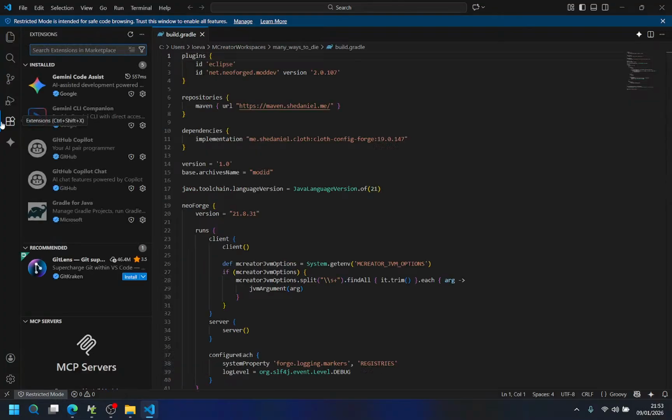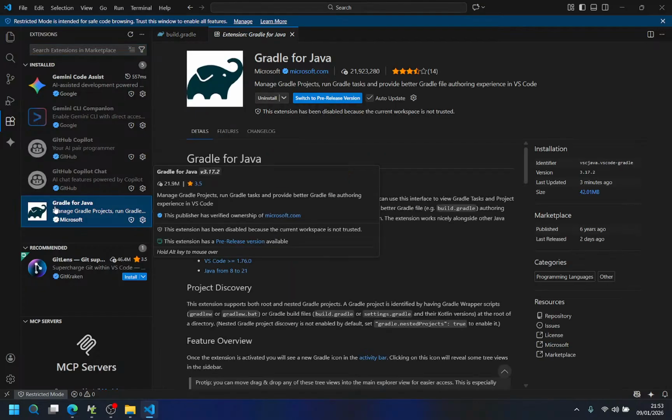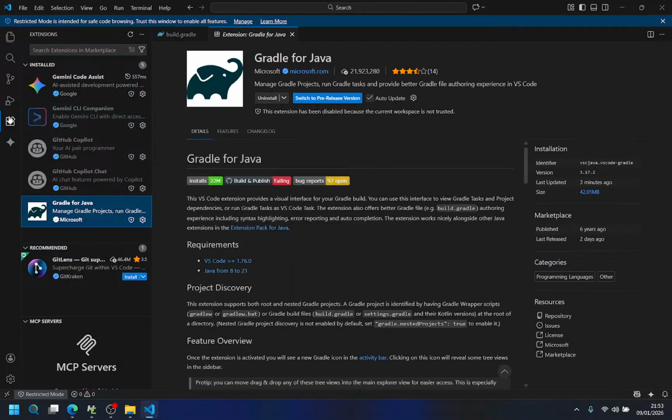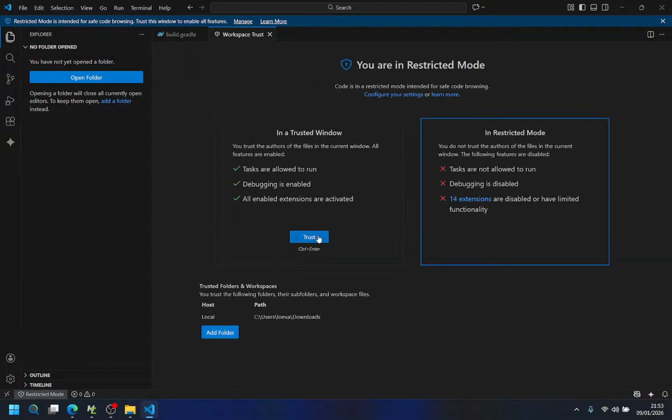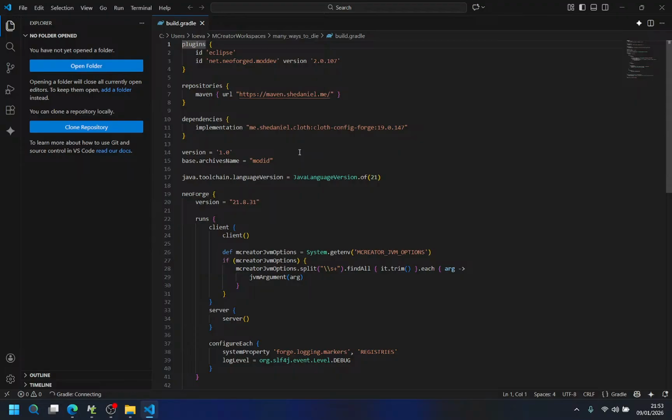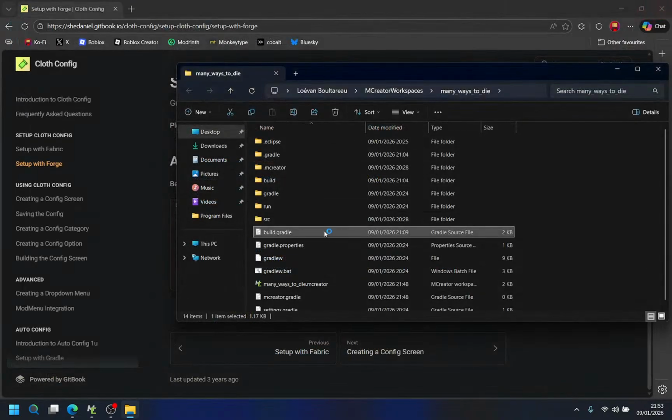Does it have, yeah, Gradle for Java, and it does work, apparently. So, should be great. Trust it, bro. There you go. Oh, now it's working. It didn't work before. Okay, let me restart it then, maybe. I don't know. I have no clue what I'm doing.